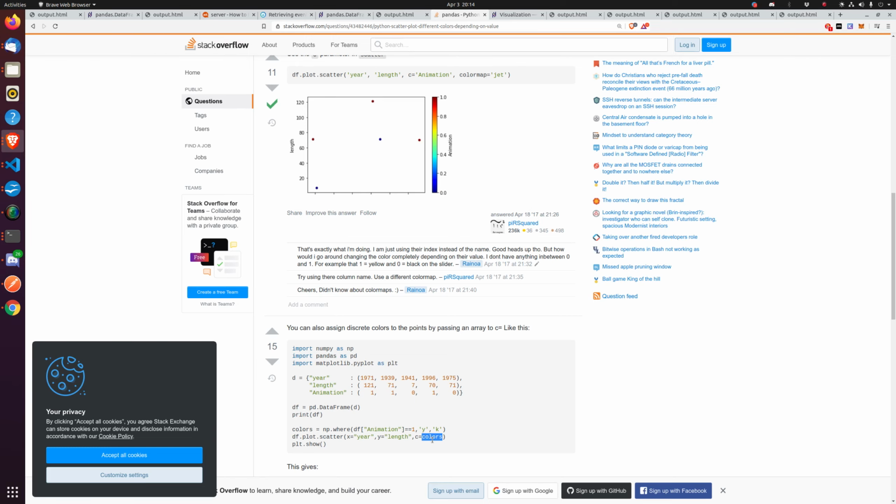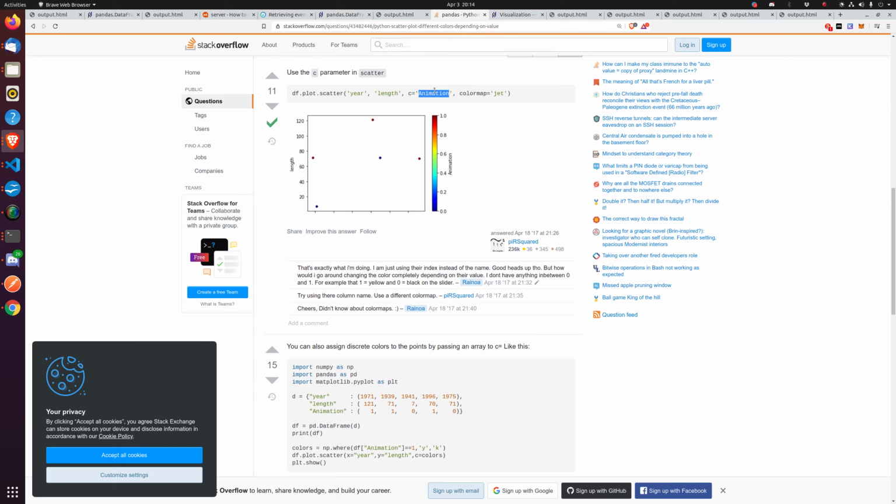Okay, so C, I don't know why he has animation up here. We're going to use colors here. So colors would be, interesting. Okay. So it says np.where df animation is equal to 1, y or k. So